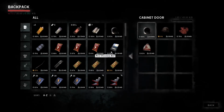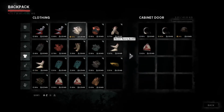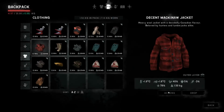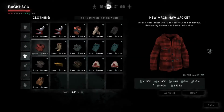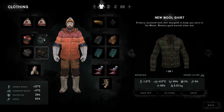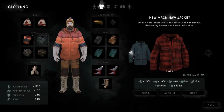Clothes-wise, I need that. If I go to the clothes, I don't need this hat, don't need this shirt, don't need the sports socks. Alright. See if there's a decent Mackinac jacket. There we go. Okay, new Mackinac jacket. Let's do some comparisons then. Clothes, now, 1.9, 2.52%, 5 friction. Yeah, that might be worth the extra half kilo, but you know, we're